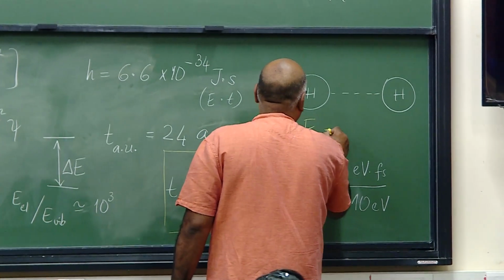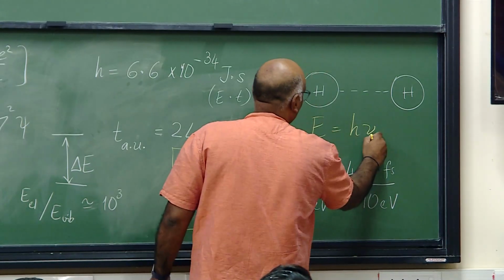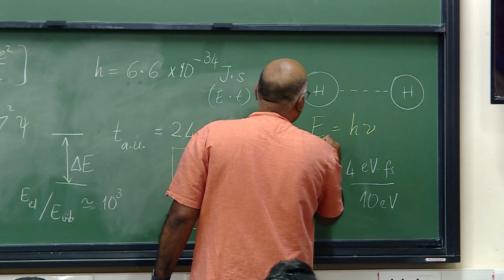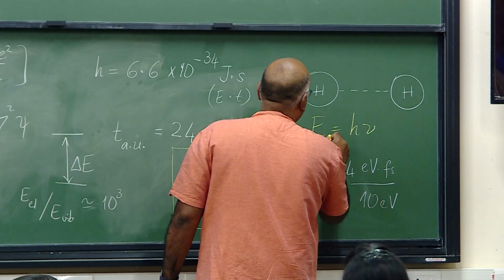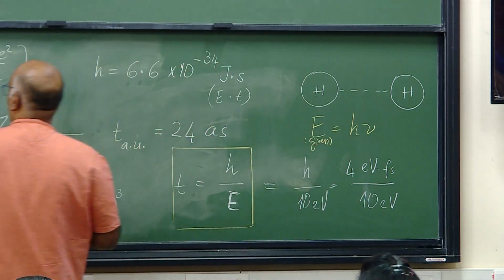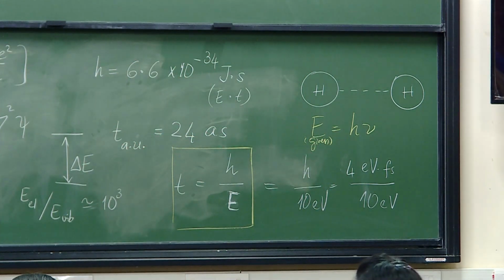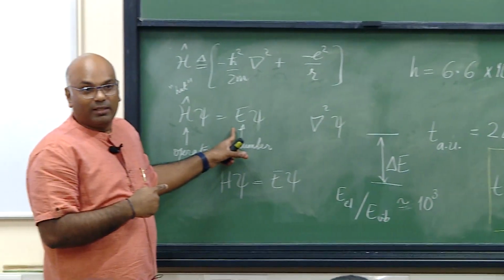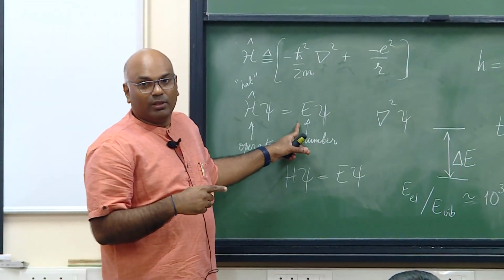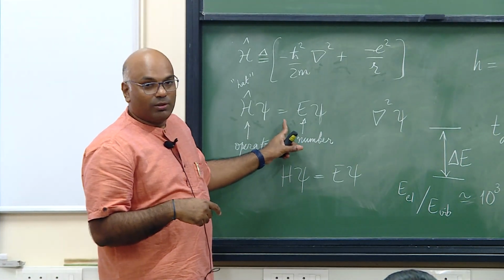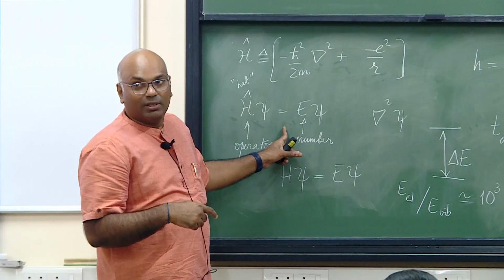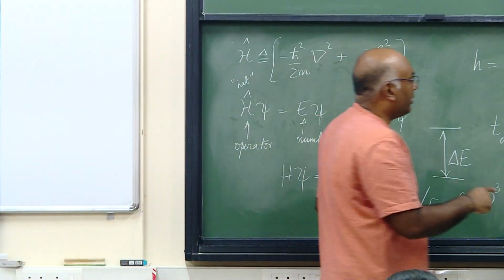You know E equals h nu. If this is my E, this is the given E in the system which comes about solving this eigenvalue equation. This nature gives you. This is like the time period of a pendulum, square root of L by G. That's also like an eigenvalue. So is this. I get this eigenvalue,